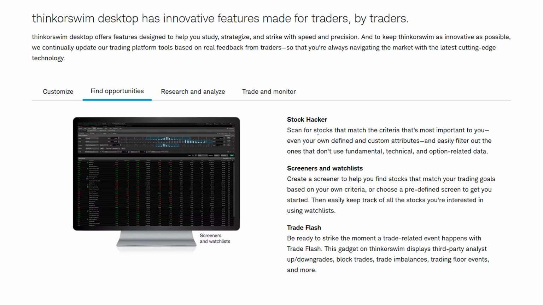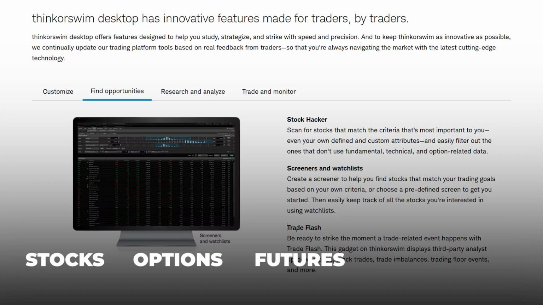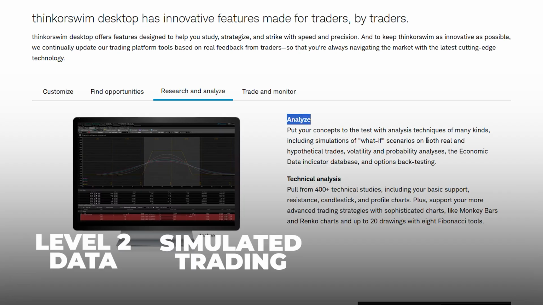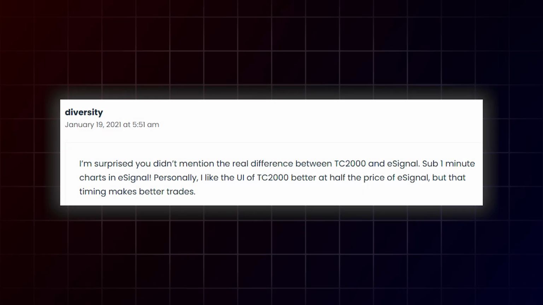Thinkorswim, on the other hand, is different. It's built for the traders who want everything in one place. You can trade stocks, options, futures, forex, ETFs, all from the same platform. It's got level 2 data, simulated trading, deep options analytics, and when I looked into different user experiences with this